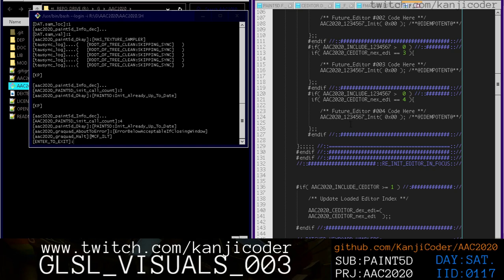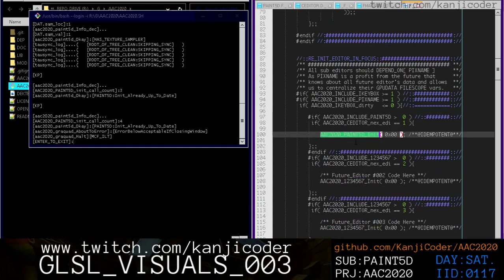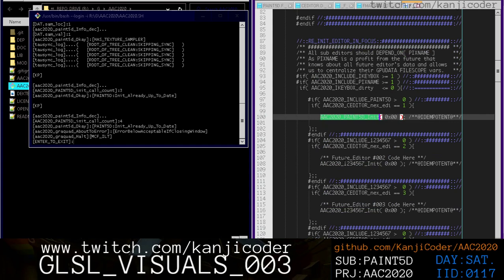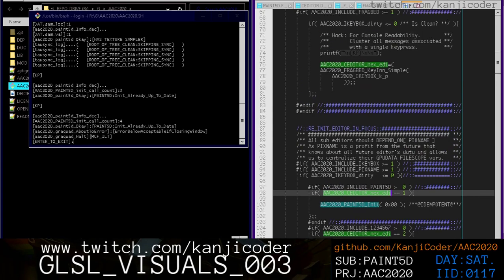So if we look at this init function for PAINT5D, if the next editor equals 1,